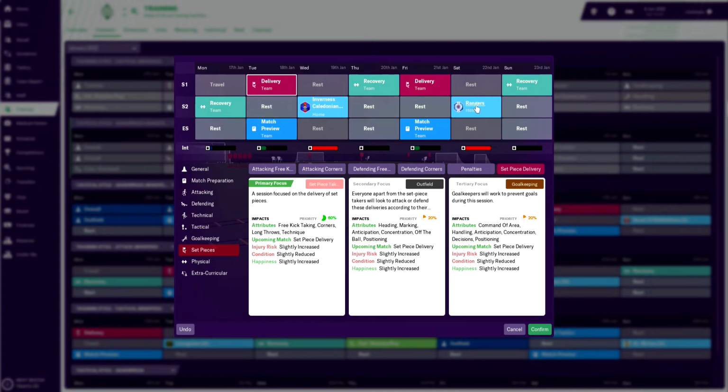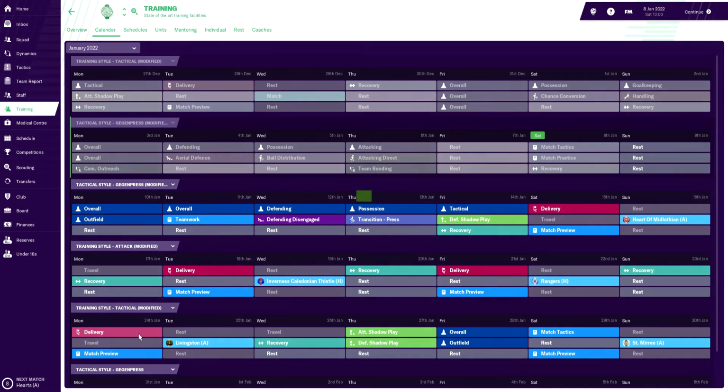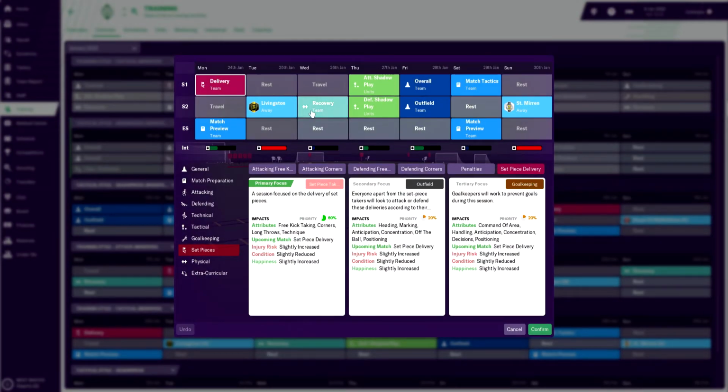And then the same with Rangers on the Saturday, one recovery session and then delivery from the set pieces. And then we go and play Rangers, and then we'll have another recovery to go and play Livingston the week after, and then we can set up for this one here. So what I'm going to do for this one, I'm going to have the recovery there, and then back to